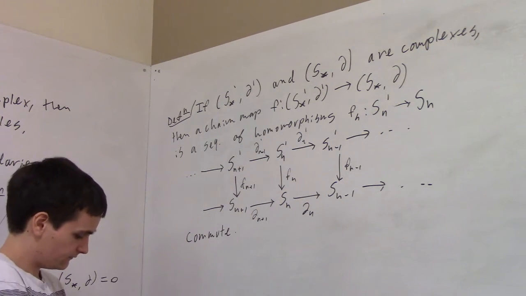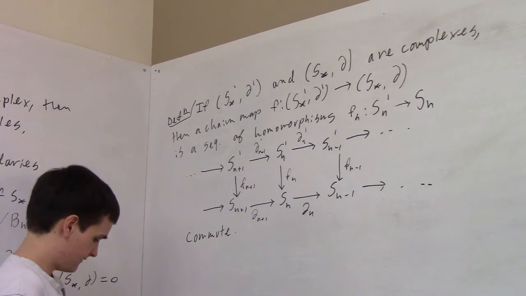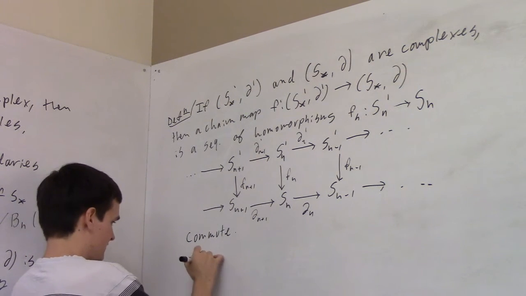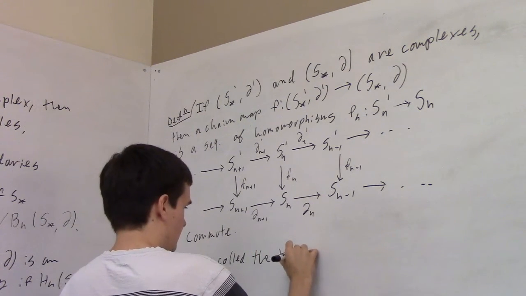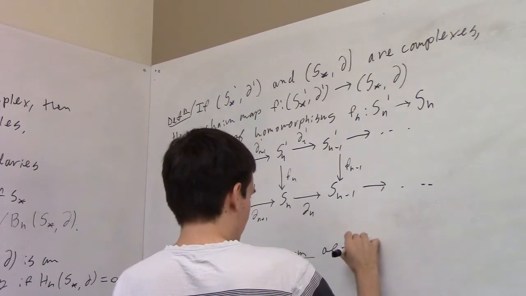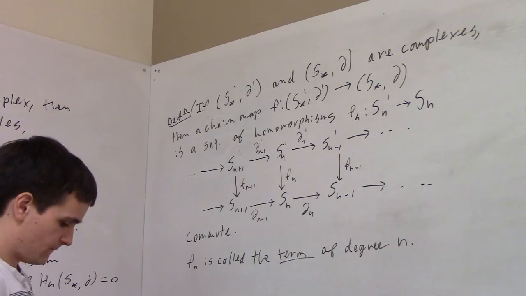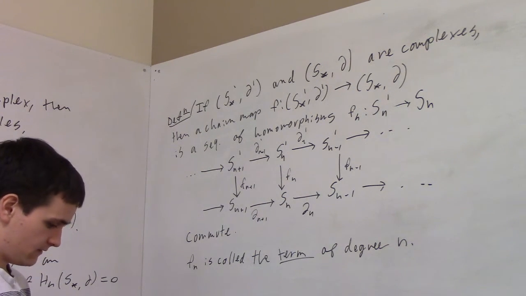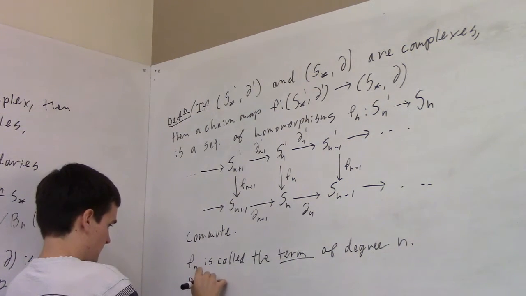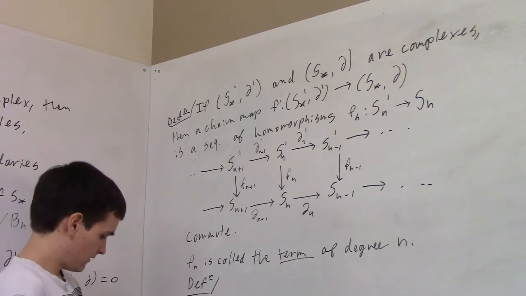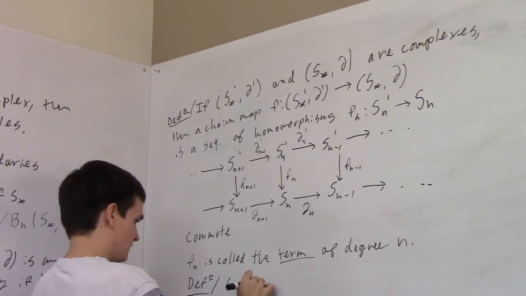Just for some terminology, he says Fn is called the term of degree n of the chain map. So, definition: all complexes and chain maps form a category, so comp